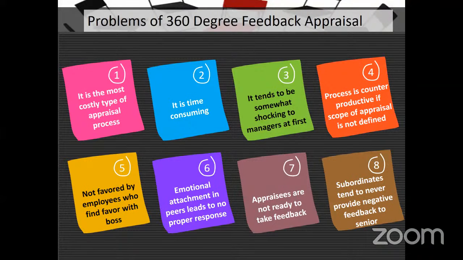Subordinates tend to never provide negative feedback to seniors. How do I tell my boss that I don't like the way they talk to me? I'll be fired tomorrow. So these are the problems, yet you want an objective process. So anticipate these problems, then also tell them the problems that you anticipate so that they know, oh, it's not unique to me that I feel afraid talking to my boss. And once you do that, trust me, it's going to be very